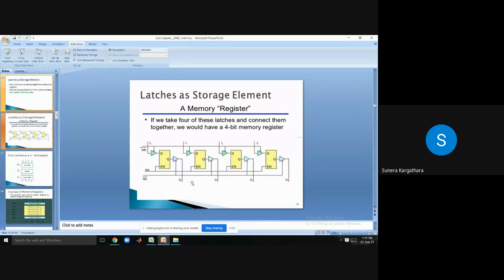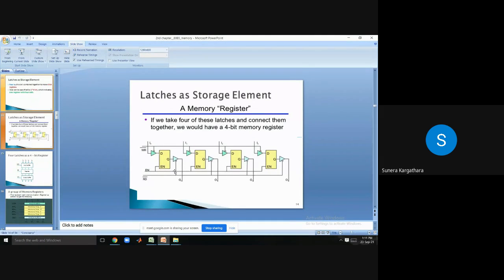T flip-flop is generally toggling. Toggling means if I'm giving input 0, right now my output is 0. Even if I'll give a 0, then your output remains same. But if you give 1, then it will toggle. The previous output 0 will become next output 1, right? So we don't have such a requirement in memory. What is our requirement in memory? If I'll apply 0 input, it should hold. If I'm applying input 1, it should hold. Am I communicating, student? Right?